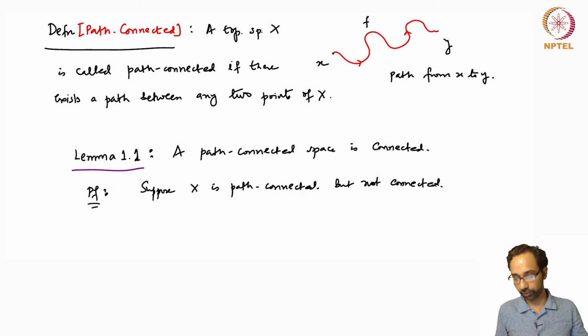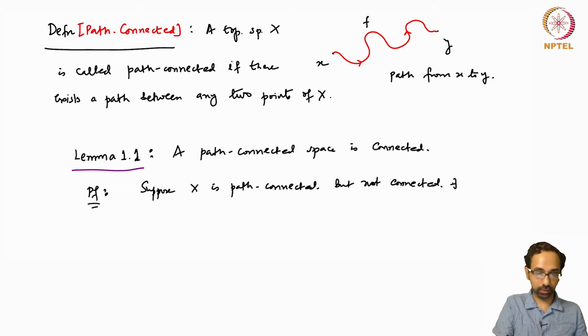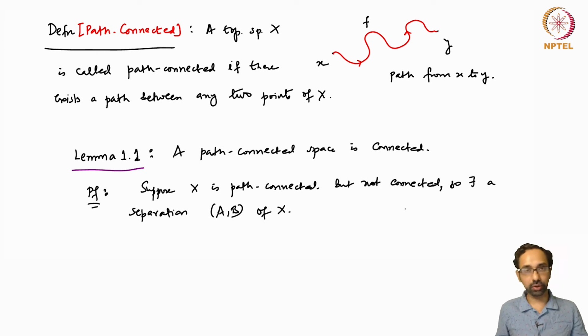So again, we will argue by contradiction. If it is not connected, then there exists a separation A, B of X. So A, B, as you remember, these were non-empty open subsets of X which were disjoint and whose union is X. So if you have a separation A, B of X, now you can use the connectedness of the closed interval AB. So since AB is connected,